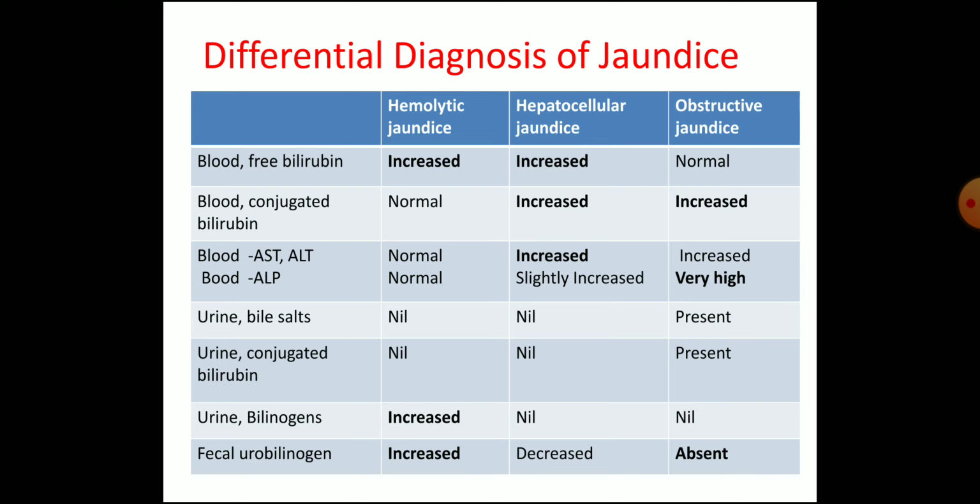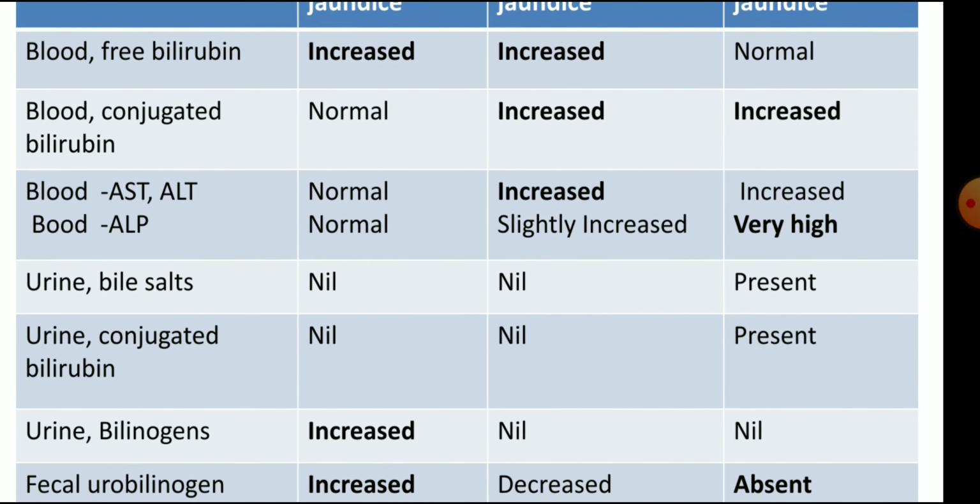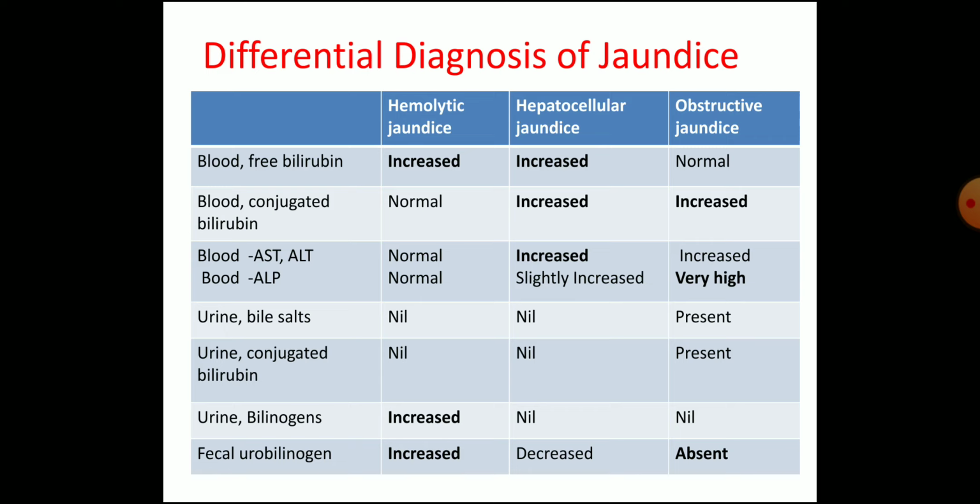Then fecal urobilinogen is increased in hemolytic jaundice, decreased in hepatocellular, and absent in obstructive jaundice. So in hepatocellular jaundice, sometimes bile salt and bile pigment may be present in the urine. Here it is written nil, but it can be present. But the major thing is that it is mainly present in obstructive jaundice. Depending upon the condition of the liver function, it will be either seen or absent. So that much regarding the lab diagnosis of